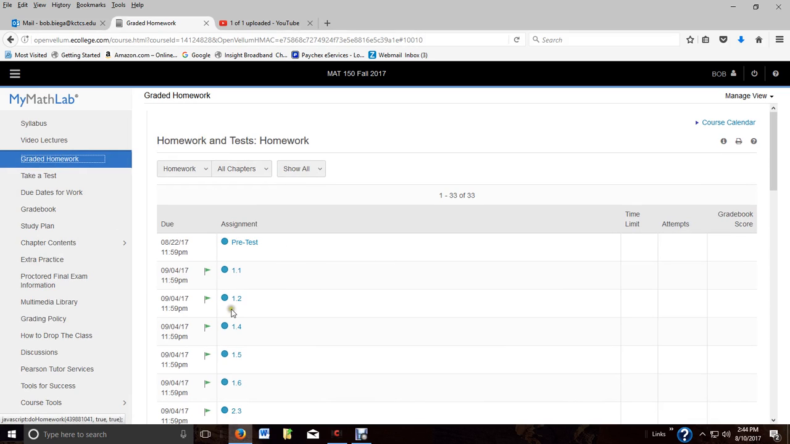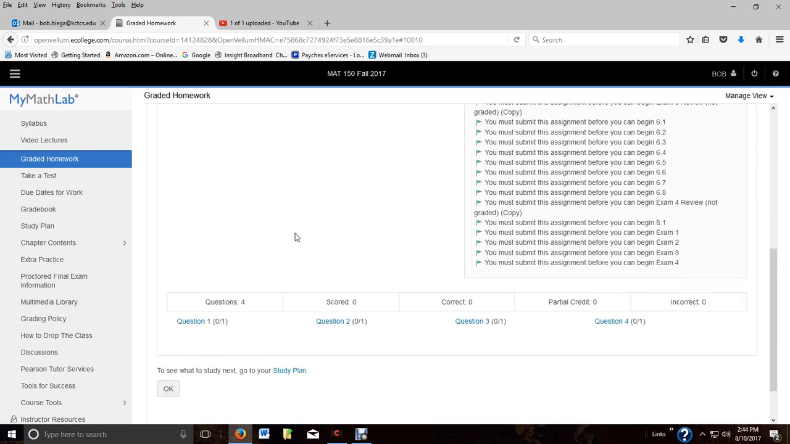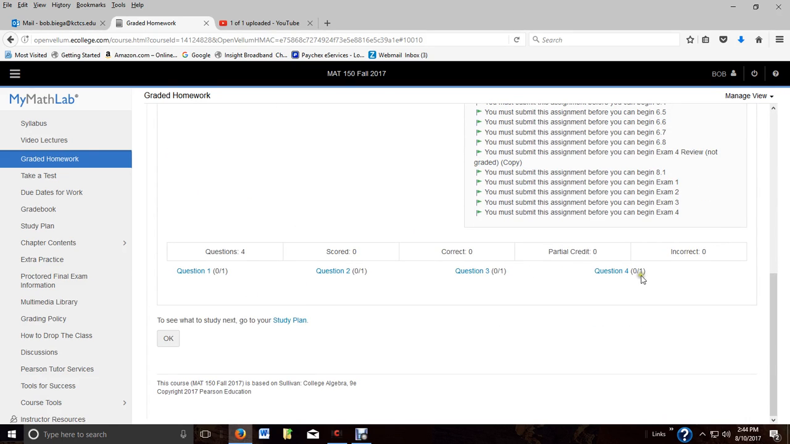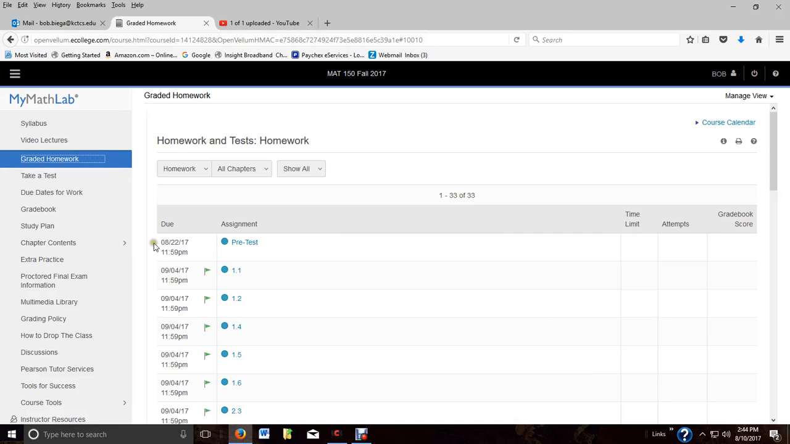As you can see, it goes right down the order, and you must take the pre-test before you can start any of these assignments. Okay. So take the pre-test, and that opens up all your other work. As you can see, here are the questions down here. Take them, and if you're not ready for it, go back. But just do that